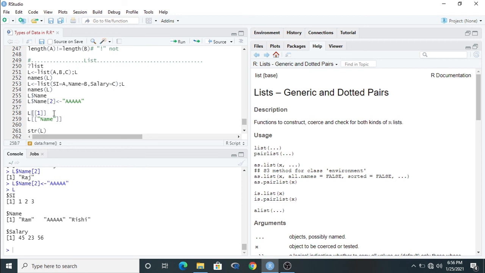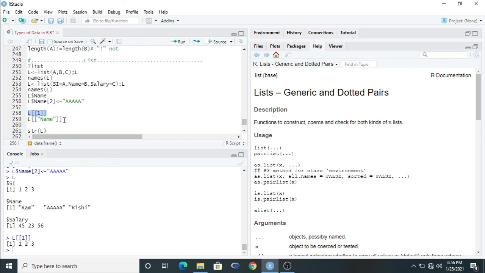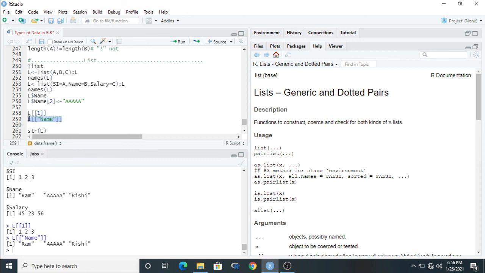And how can you extract a particular list? You can here use double square brackets. In case of a matrix, data frame or vector, we have to use only single square brackets. Here we use only single square brackets because this position from here to here indicates the name vector. And for a particular vector we can identify by using only 1 positional value with single brackets. But if you want to extract the data from the list, then we have to use double square brackets, and this indicates the first list. Okay, further you can also use the name of that list to extract this.